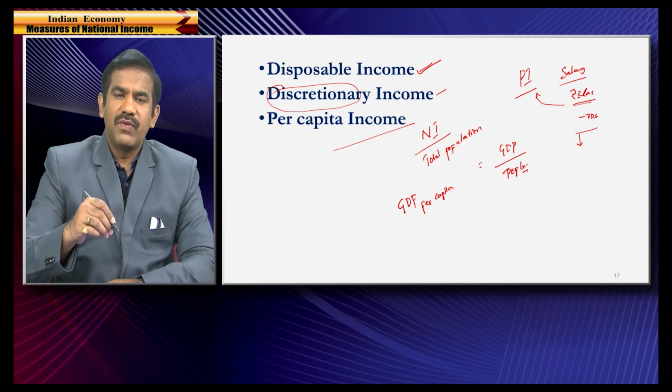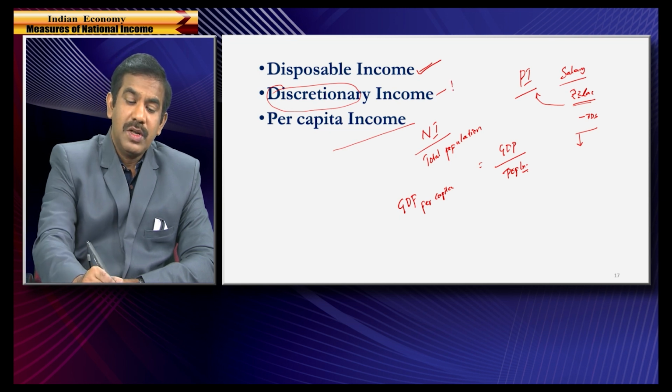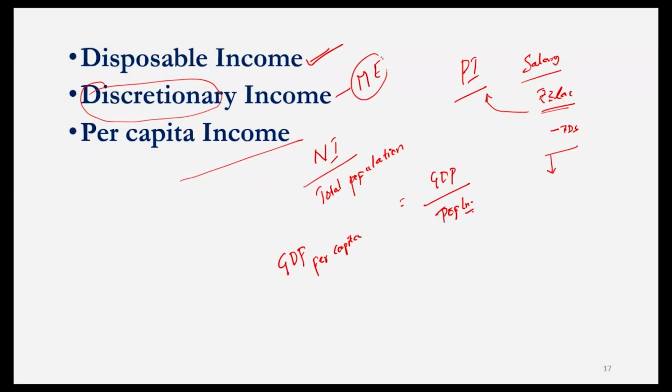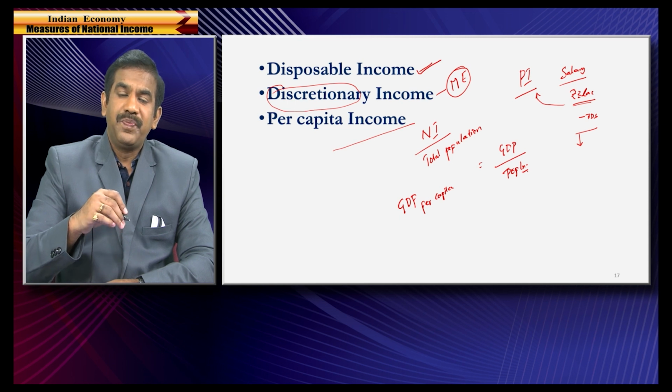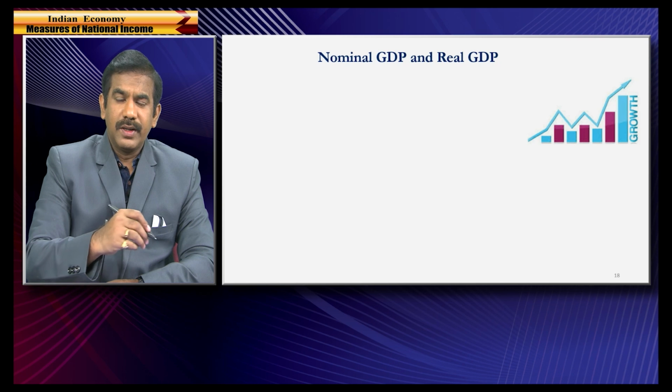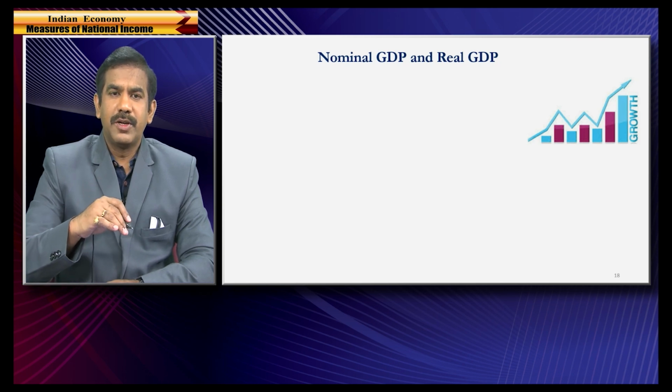If you are living in a rented flat, you are bound to pay the rent. If you are simply buying internet services, you are going to pay the internet bill. So there is some compulsory expenditure that you are going to make, necessary expenditure, or what we call maintenance expenditure, isn't it? So once you meet your basic necessary expenditure, whatever amount of money you are left with after meeting your basic necessities is what is called discretionary income, or the income that you could spend as per your own whims. That is the difference between per capita income, disposable income, personal income and discretionary income.